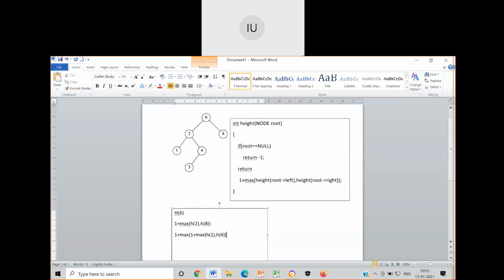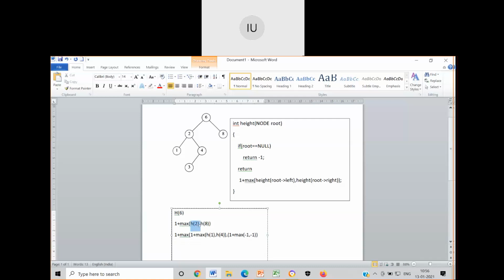This is for h of 2, comma again, 1 plus h of 8. H of 8 is 1 plus max of nothing, null. So minus 1 comma minus 1. Are you getting this? Are you able to understand the things that I have written? Just pay attention here. 1 plus remains as it is. Max remains as it is.